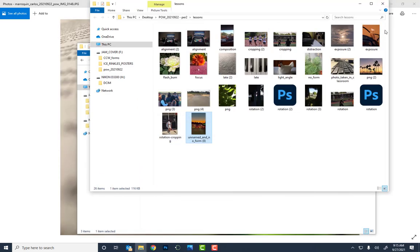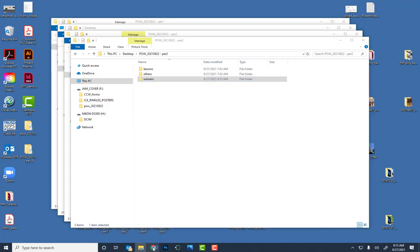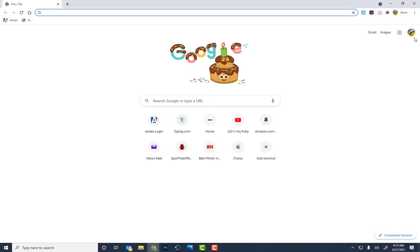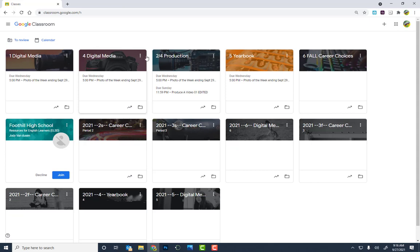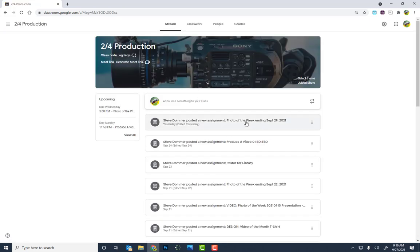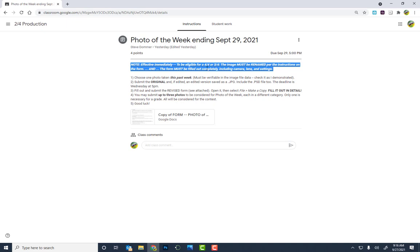Okay, so let's go over to Google Classroom, and I want to make sure we're clear on something, because people are either still confused or just lazy. One of the two. All right, so production. Here's the next one. Photo of the week ending this coming Wednesday, the 29th. Instructions. I've added this line here. Effective immediately, to be eligible for a 4 out of 4 or a 3 out of 4, the image must